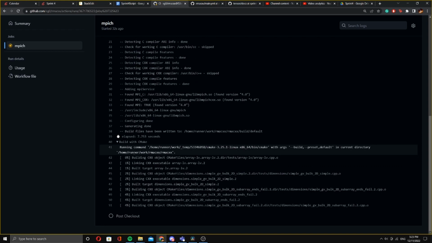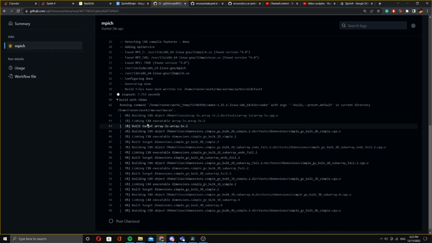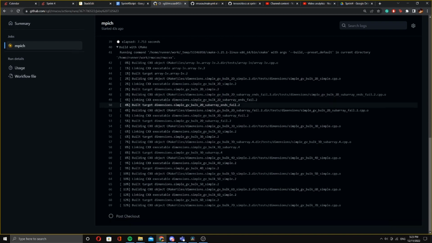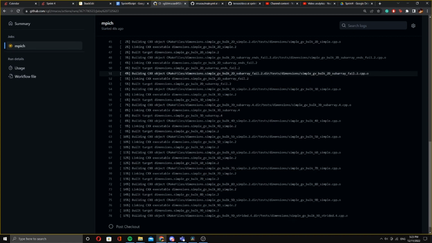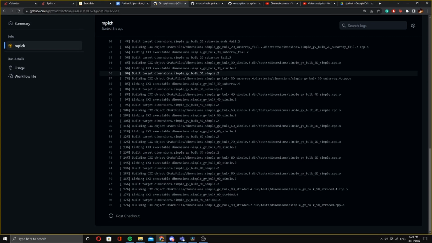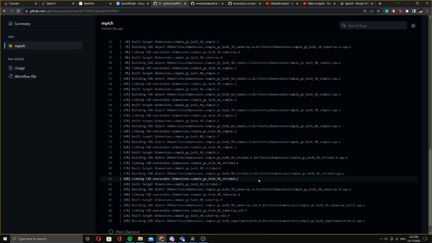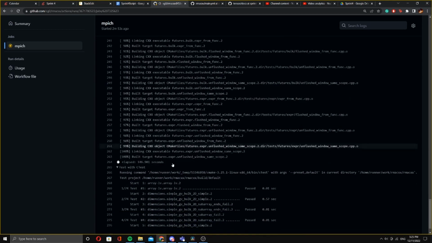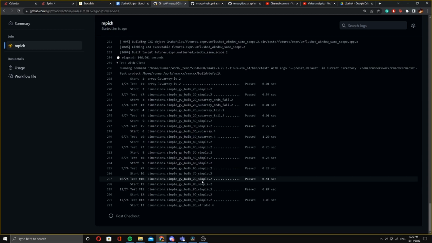As you can see here, we started at 0%. That's not really that important, but it's just building and linking all of the tests into a nice CMake file. And we're just going to cut to the end now. Welcome back, everyone. It's just a second for you, but I've been sitting here for the past minute going over this. And now, after it's finished linking and building all the tests, it starts running through them and making sure